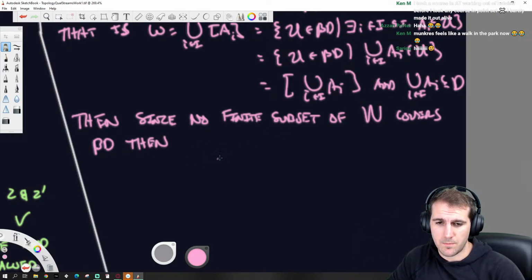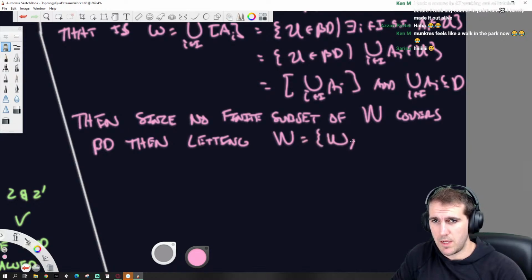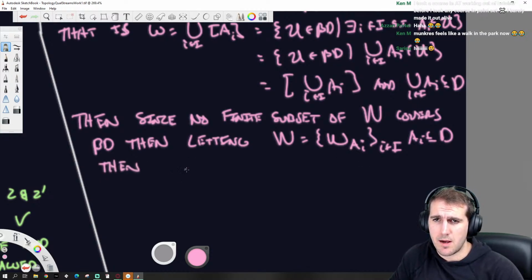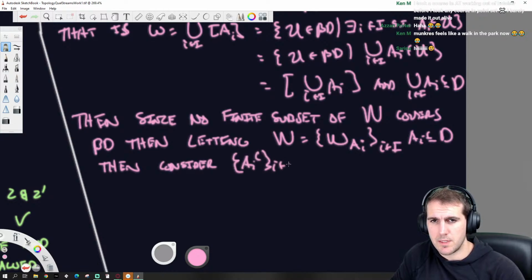So then, letting W equal the set of WAI with I within I, AI a subset of D, then if I look at the AI complements, consider AI complement for I within I. This is a subset of the power set of D.